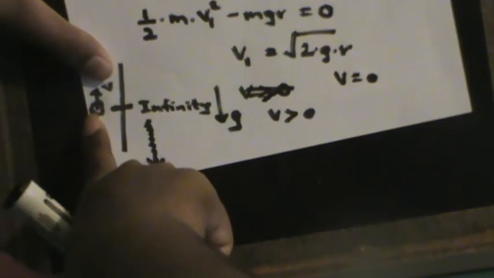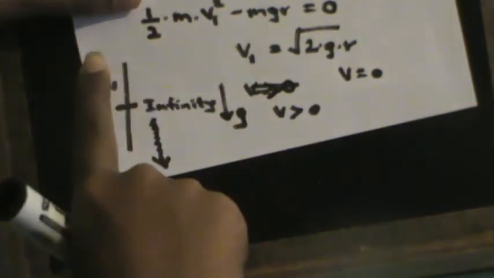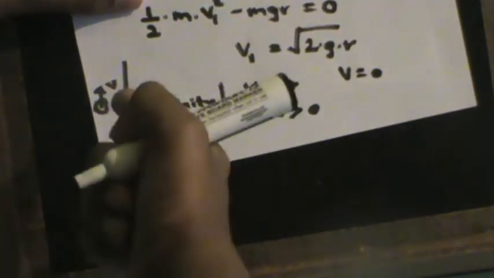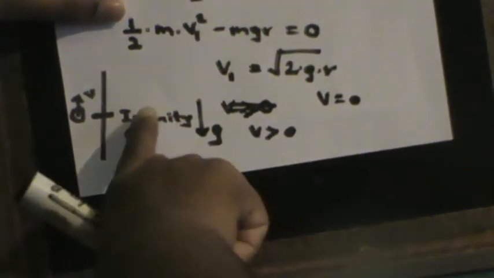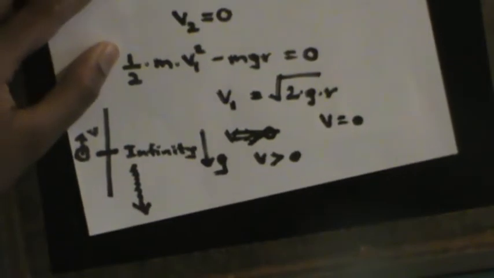So if v is equal to 0, this object has zero velocity at this point. That means at infinity there's no velocity in the forward direction. The velocity is 0, which means the object will return back to Earth after going to infinity, just at the limit. This is very similar to the friction concept, the static friction, the limiting friction, and the kinetic friction that I explained in the friction videos.